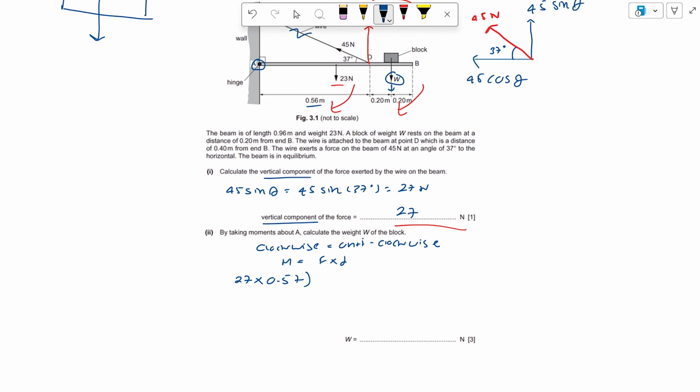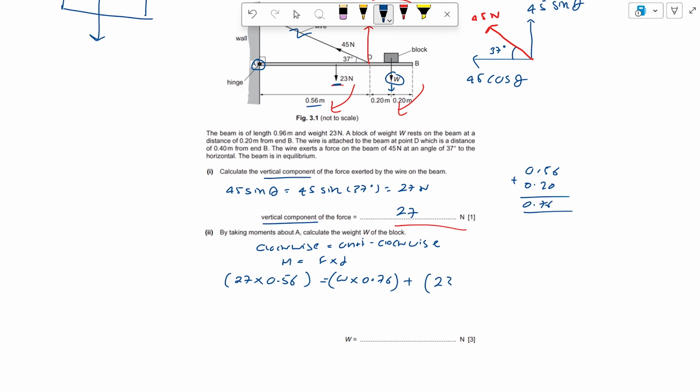So 27 times 0.56 is equal to W times the distance, so that would be 0.56 plus 0.2. That would be 0.76 bracket plus